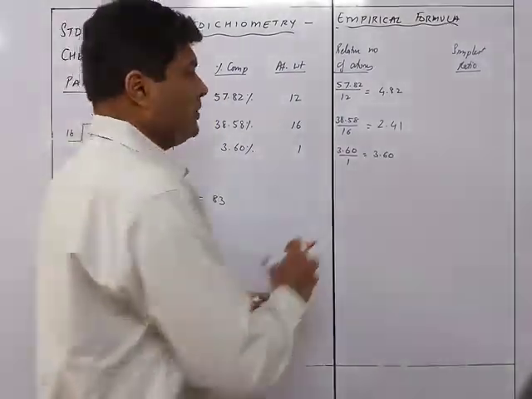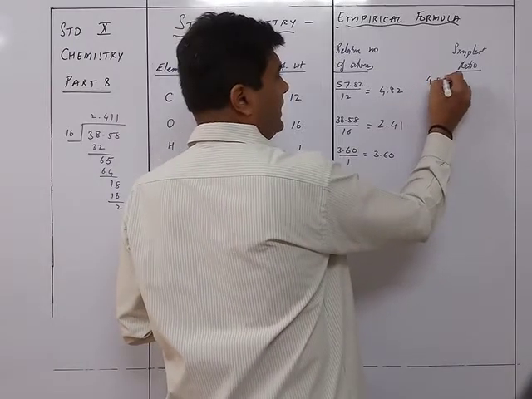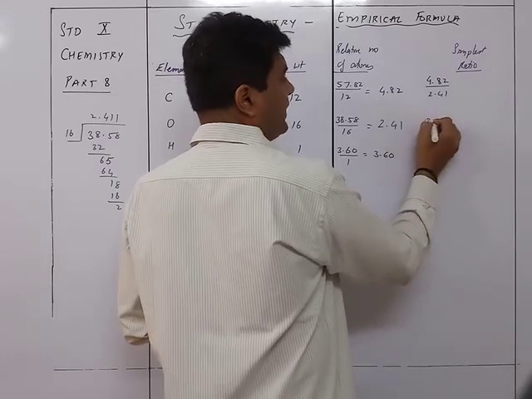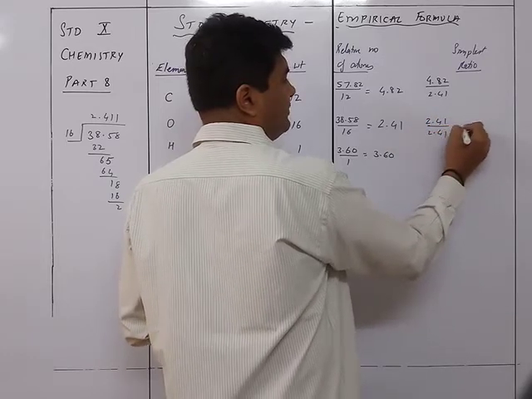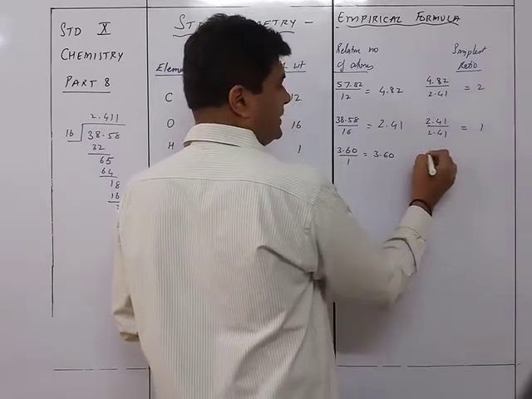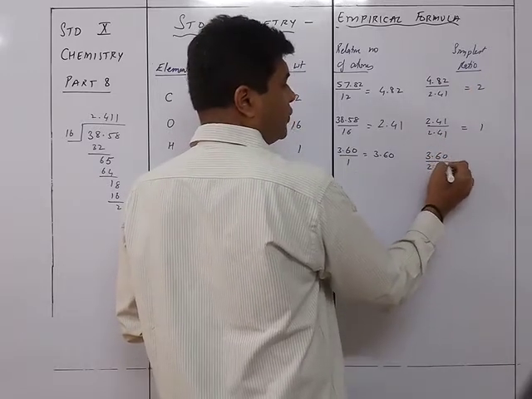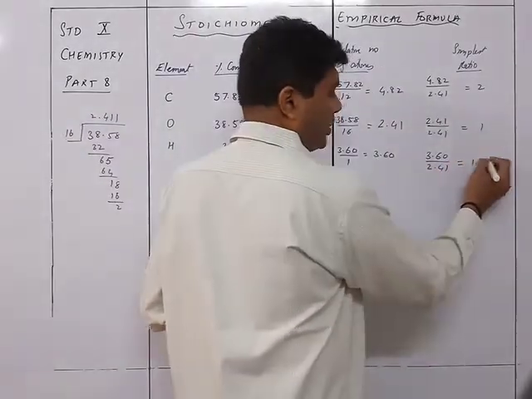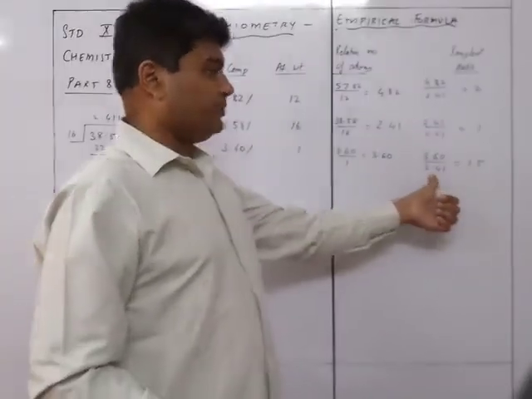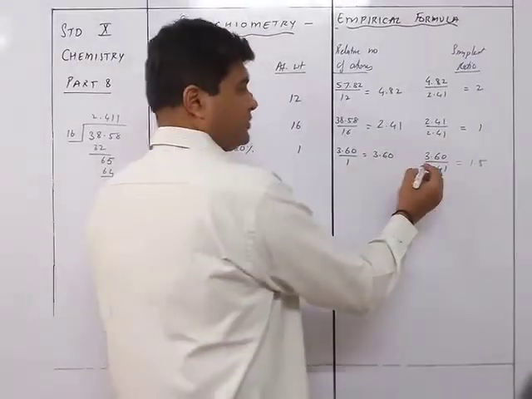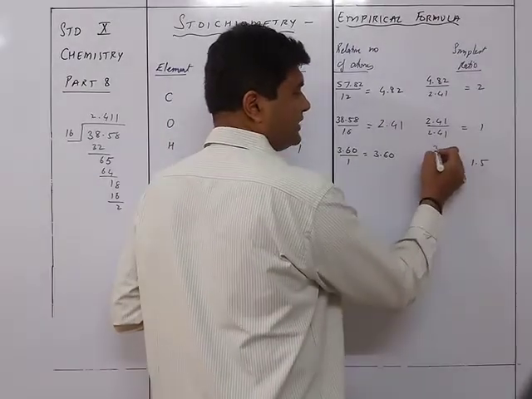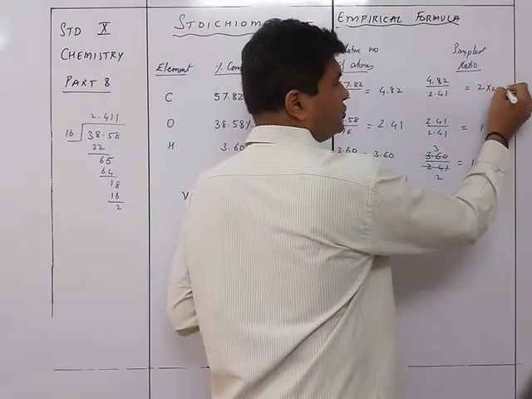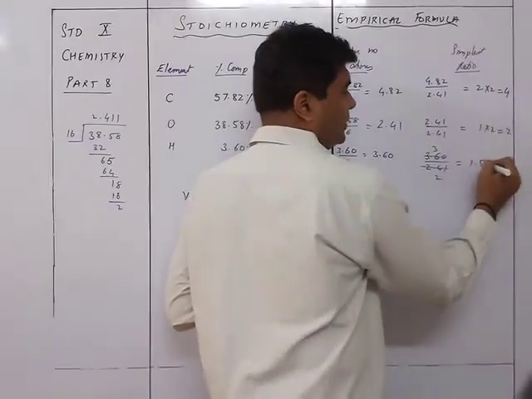So what we'll do now is 4.82 upon 2.41. 2.41 upon 2.41 is equal to 1, so this is equal to 2, and this one will be 3.60 upon 2.41. Now when you do this, this will be 1.5, because 12 3s and 12 2s, if you divide, how will it be? This is 12 2s and 12 3s, so it's 3 upon 2, which is 1.5. So accordingly we'll have to multiply this by 2 is equal to 4, this by 2 is equal to 2, and this by 2 is equal to 3.